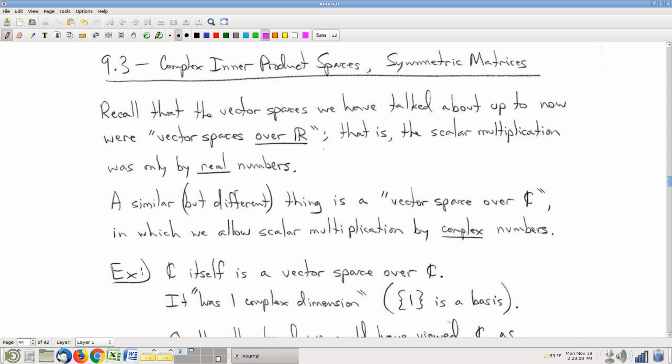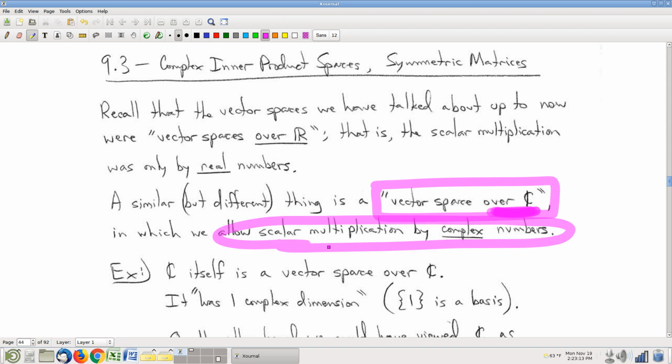So, by the way, if this were a more advanced math course than it is, we would define something called a vector space over C. Over C is just a way of saying that you allow scalar multiplication by complex numbers. So said differently, a vector space over C means you are allowed to have complex scalars, complex scalar multiplication. And I'm not going to write down definitions and develop theory on that because we kind of don't need to, and we also kind of don't have time. But it's a general idea. All we're going to talk about is